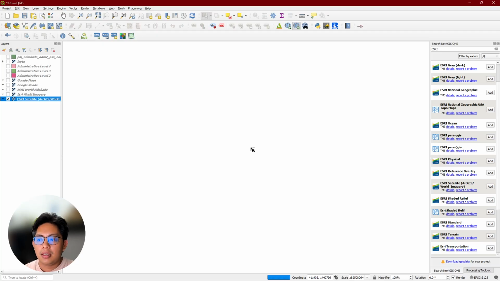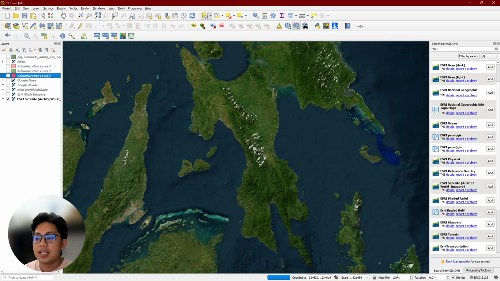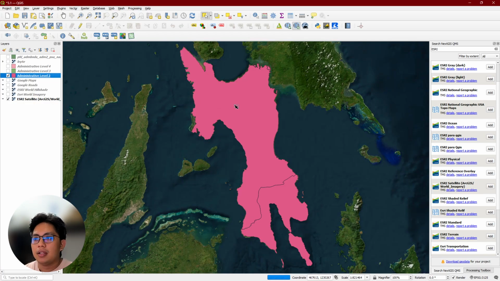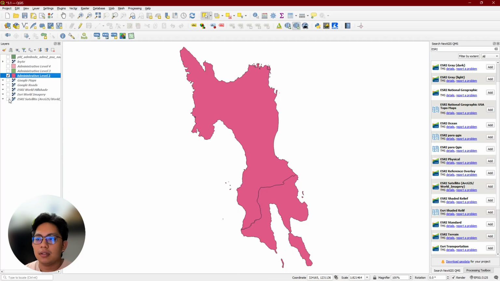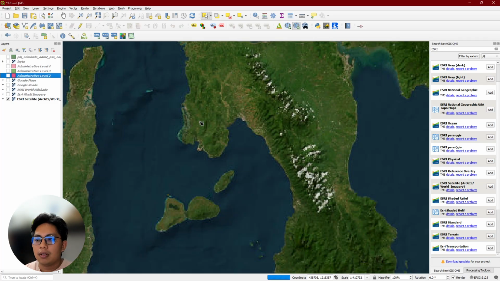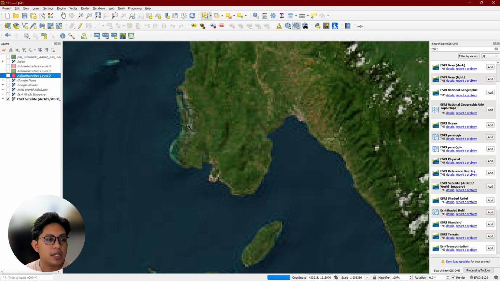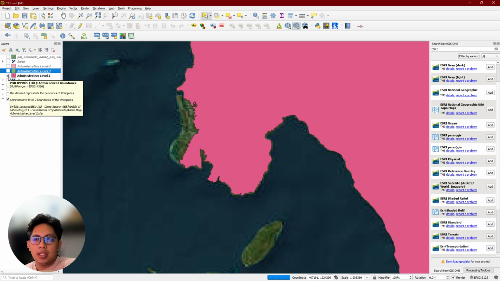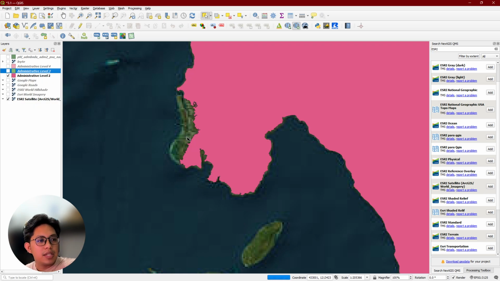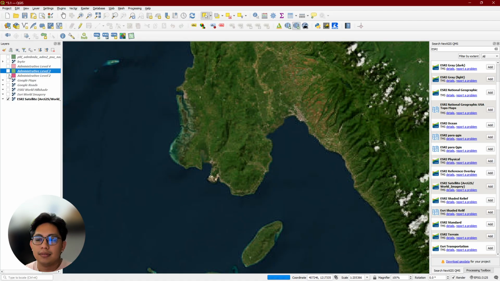So let's say I want to zoom to my Visayas layer. You'll notice there's a discrepancy, right? So probably this island wasn't there when the data was taken. Maybe it's an anomaly or something.